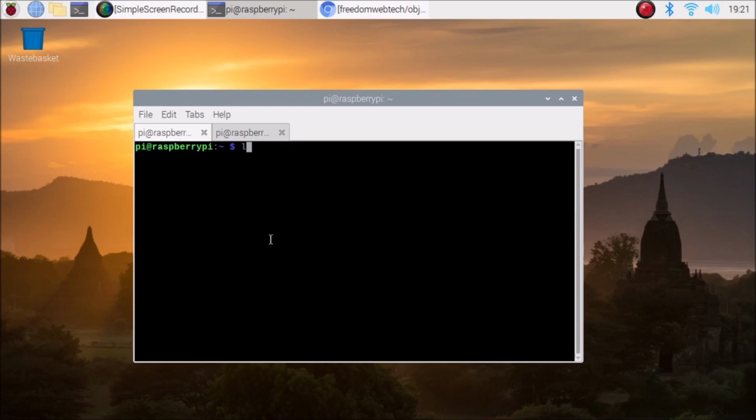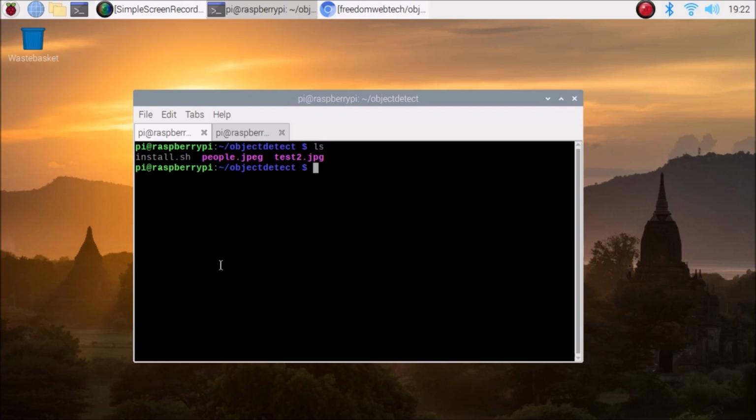If I run the ls command, you will see that we have the object detect folder. So simply we need to go inside that folder. So cd object detect, then clear the screen, ls, and as you can see I have saved two images for testing purposes. Also we have our install.sh file, which installs the packages we need for the object detection method.